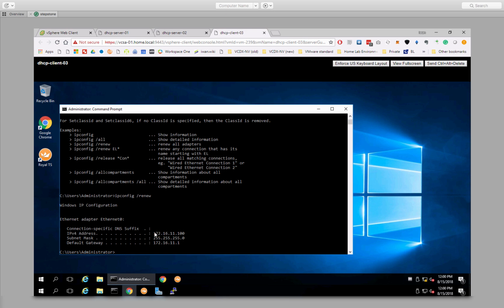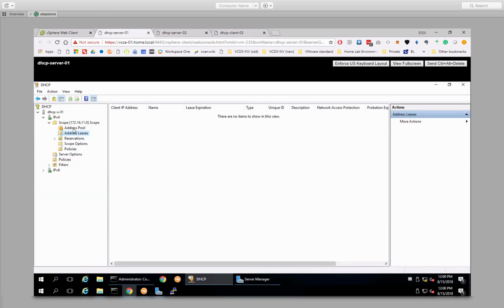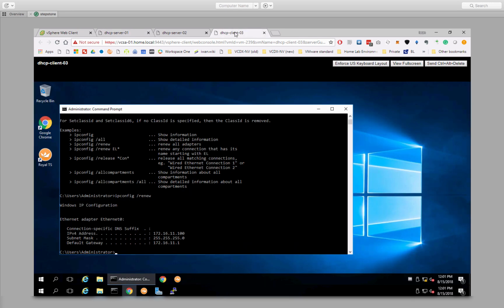Now you can see that the DHCP address is given out by the first DHCP server. Now let's see if the scope or the address list, yeah, you can see it here. So this is good, right? So let's do a release